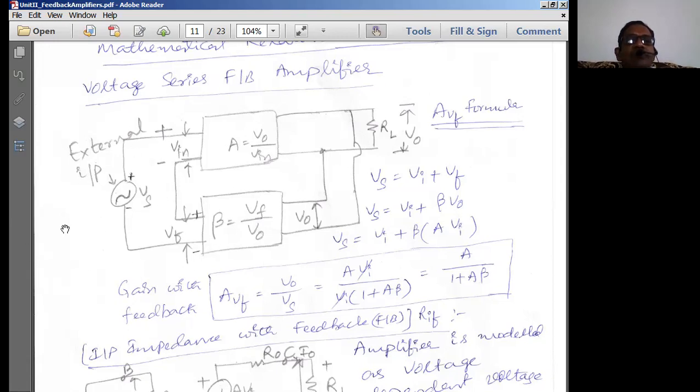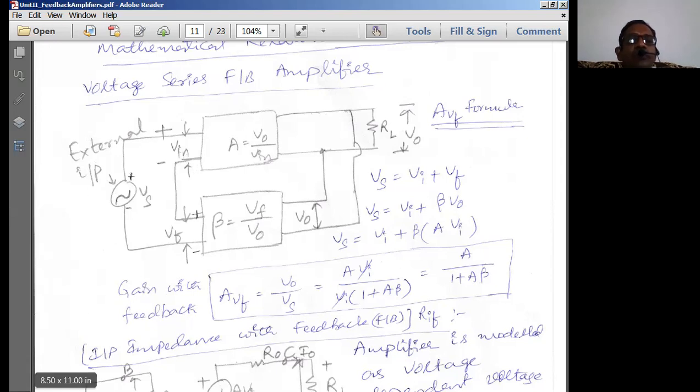As it is negative feedback, Vin should become equal to Vs minus Vf. Series means plus to minus, but we have negative feedback. Therefore, we connect it as minus, minus, plus, minus. That means two terminals will be there. One is going to be the ground, lower potential. Another is going to be positive, higher potential. So we can consider this as plus minus. And here also, similarly, you have plus minus. So plus is connected to minus of the amplifier terminal. Minus of the beta network is connected to the minus of the source.